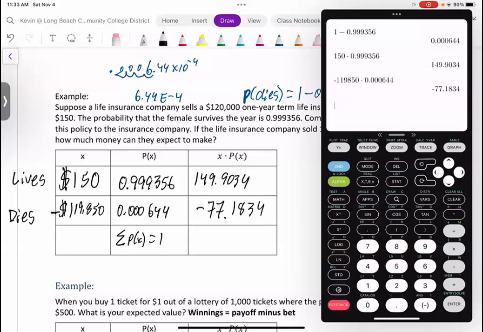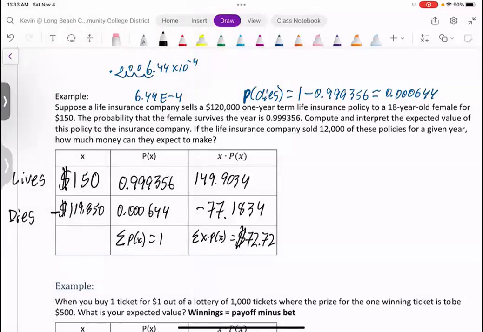And I'm going to add that number to the 149.9034. And this is giving us this. And that is our expected value